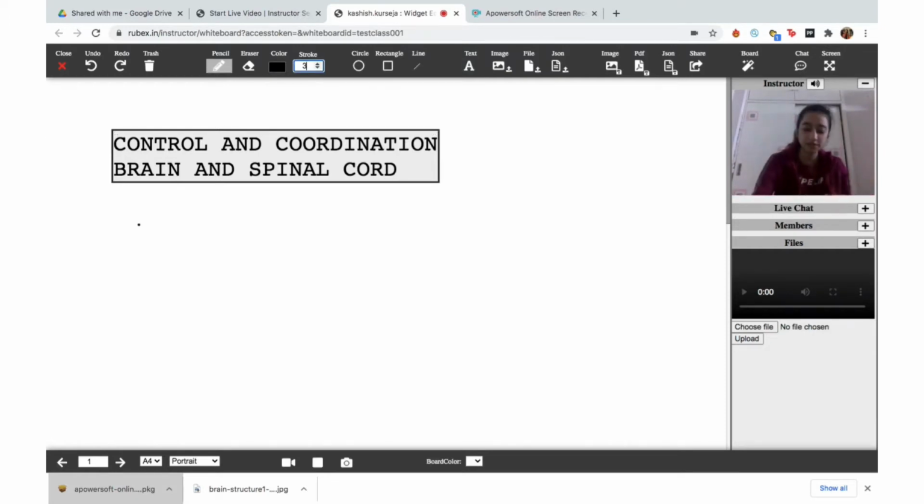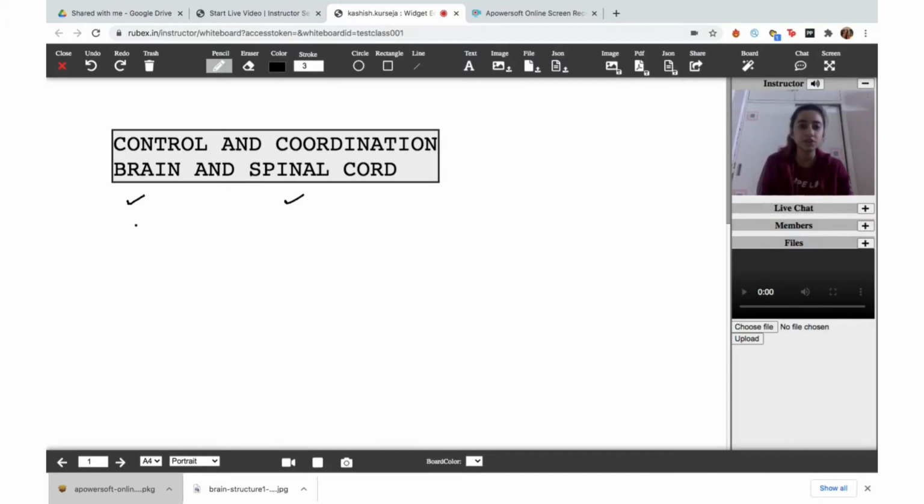In the last class, we discussed about nerve impulse transmission. We discussed about what neurons are, how they work, the parts of the CNS and PNS is what we did in the last class. Today we have to discuss two of the most important organs. Firstly, brain, and secondly, spinal cord. So we have to study the different parts, the roles of the different parts of these specific organs.